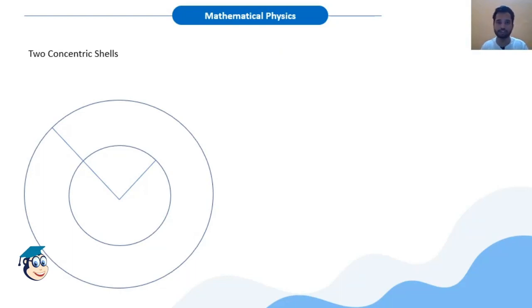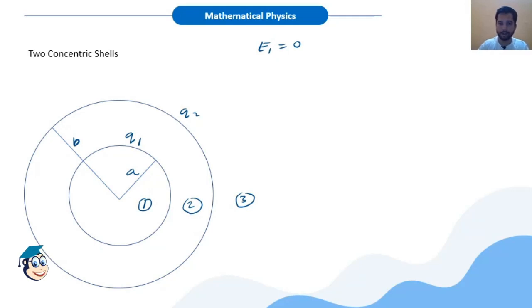Okay, let us see an extended form of the previous question. And I am not going to solve this question. You can solve this question, and I will tell you how to solve. So you have two concentric spherical shells with charge Q1 and charge Q2 with radii a and b, and you are supposed to calculate potential in region 1, region 2 and region 3. Okay, so in region 1 we have electric field equal to 0. Electric field in region 1 would become equal to 0 because there is no charge inside the inner shell.